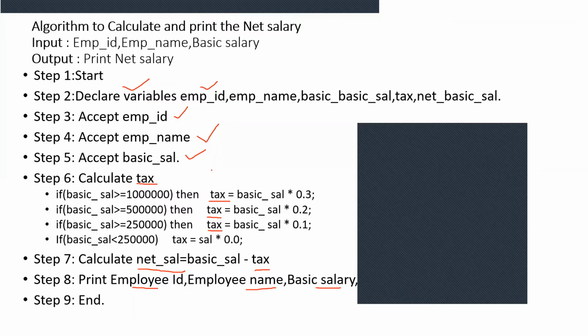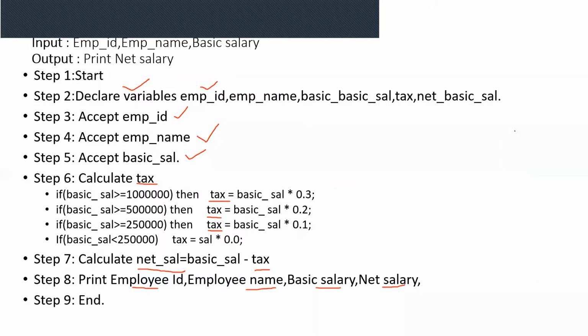So these are the format specifiers. We are using only 3 types of data types. First one is integer, second is character array, and the third one, for accepting and calculating the tax, everything, we are using the float data type. Now we are going to type the program. Hope it is clear. Any doubt if you have, you can ask me. Okay.